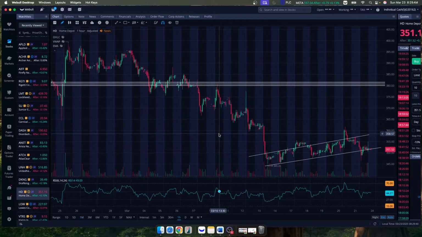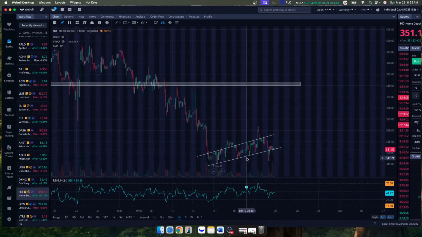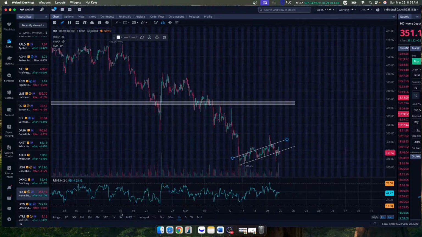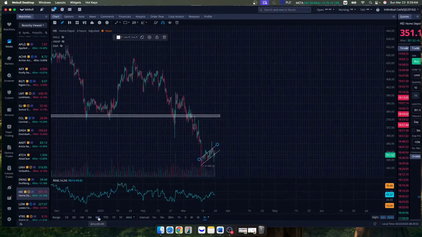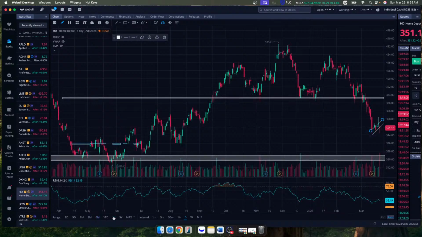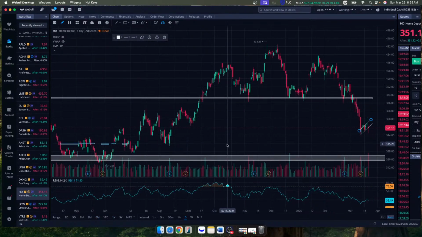And just looking at it in the most recent, it is trending in this channel right now, but it's not a very strong channel. It looks like it's going to break, and we're going to start headed lower. So I would definitely be cautious with this. And if we do get that move down, I think we can look for a move back down to about 335, even a little bit lower.